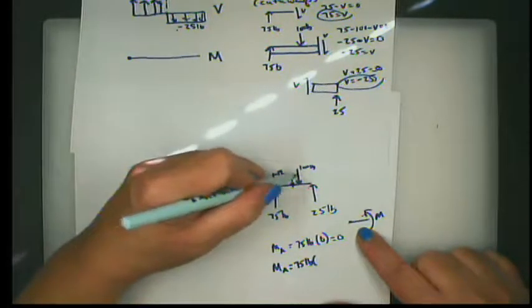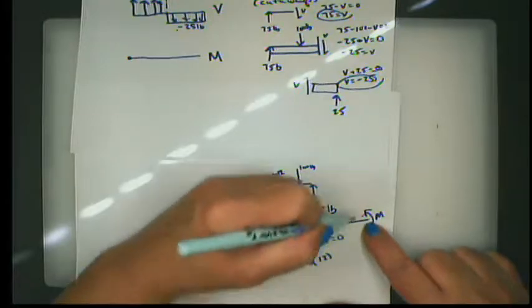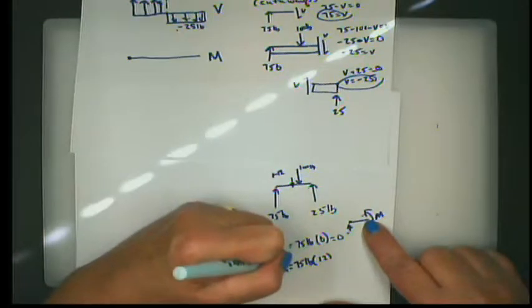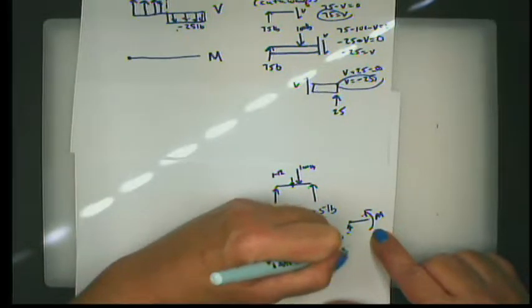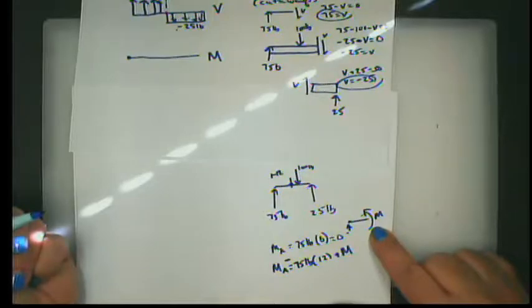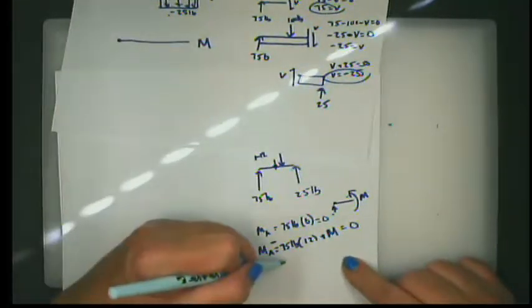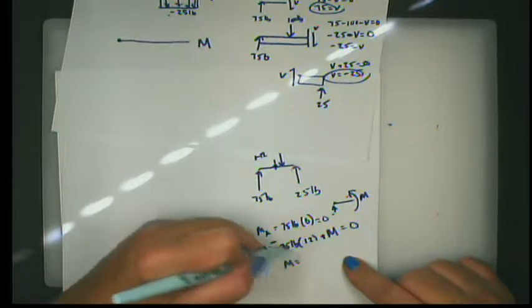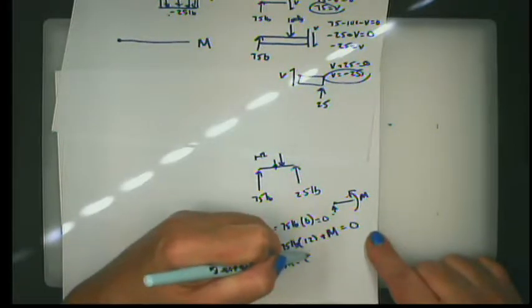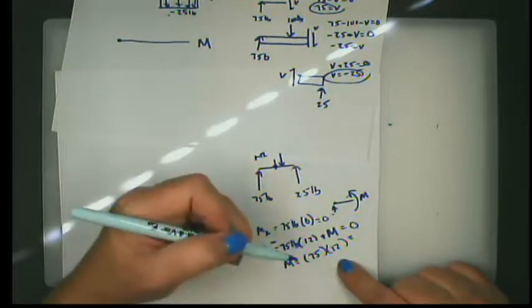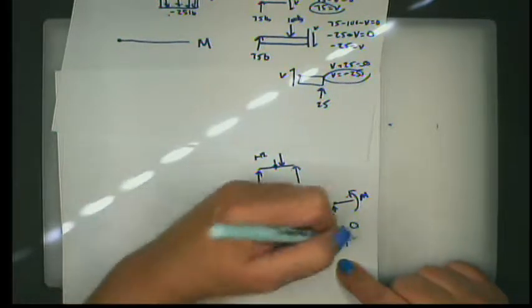So let's just say at the end it's going to be 12. This moment that's produced by this force times this distance is going to be negative. The moment I've drawn, the responsive moment, is positive because smiley face is positive. Those two things equal 0. When I solve for this moment, this comes over the other side as a positive. 75 times 12, which is 750 plus 150, that's 900